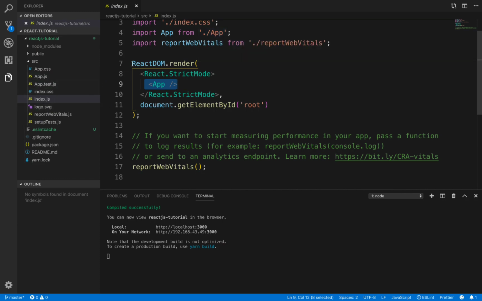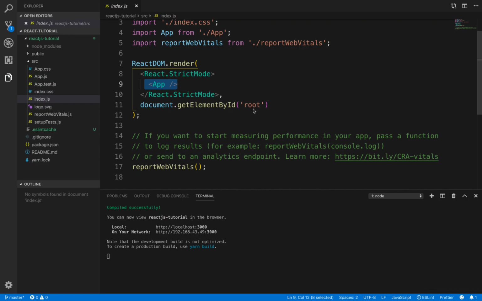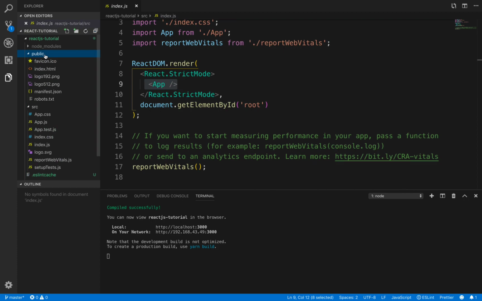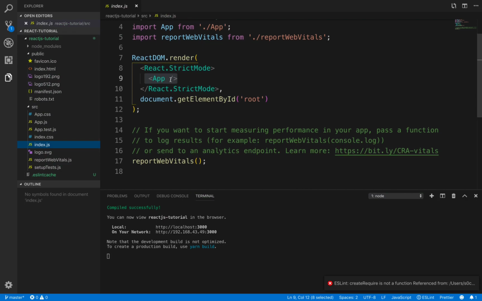So we are basically saying that React DOM is going to render our App component on top of our root ID div. This root ID div is nothing but the one that we saw inside our public folder, which is inside of index.html. We have this div with root ID, right? This is what we are trying to render here. We are saying that we want to mount our App component on top of root. That means whatever code you write inside of your App or any component that you have inside of App should actually be visible on the screen, right? Because we are mounting it on the root div, which is basically the entry point, right?